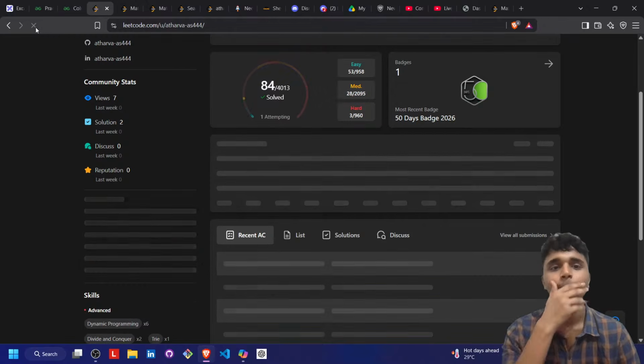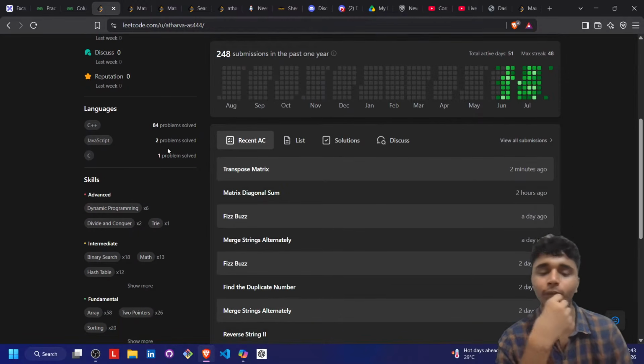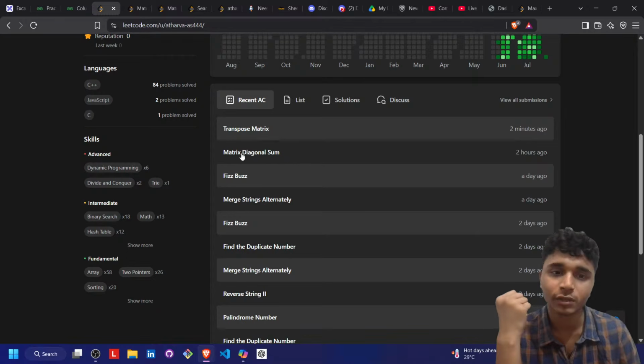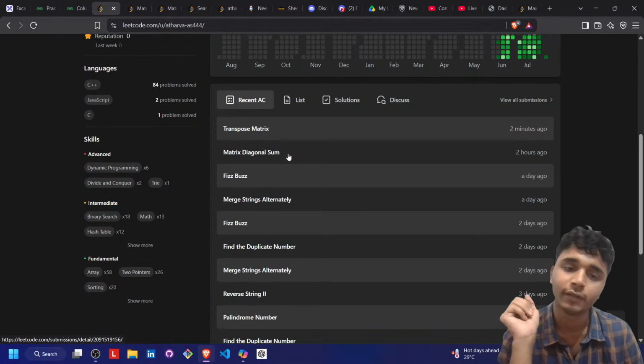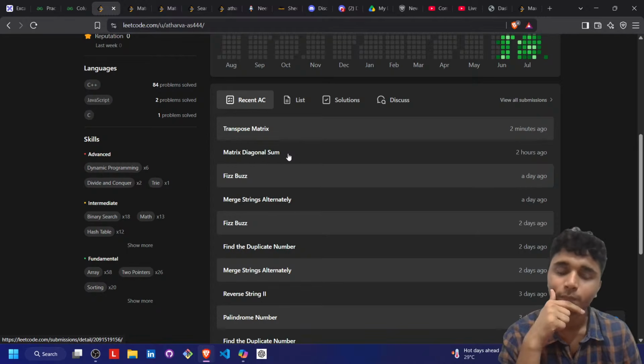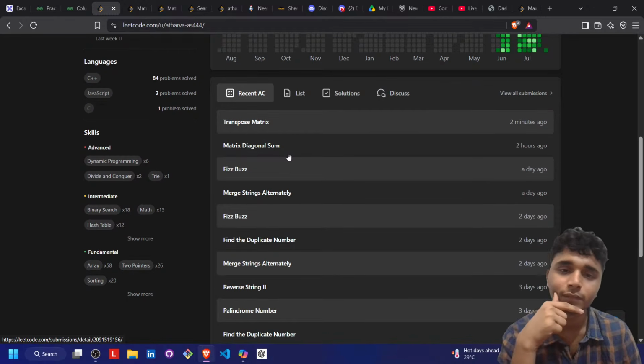First, I solved a new problem on LeetCode. Its name was matrix diagonal sum. Okay, we did it. Its time complexity was big O of n, sorry, n cube. And after that, we